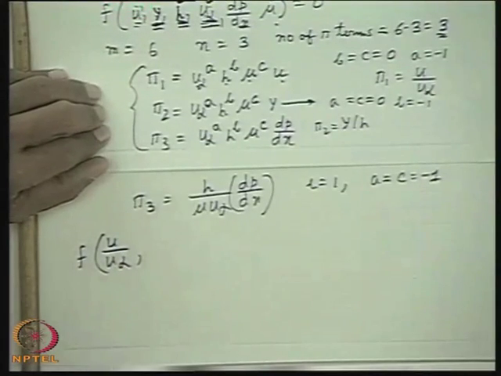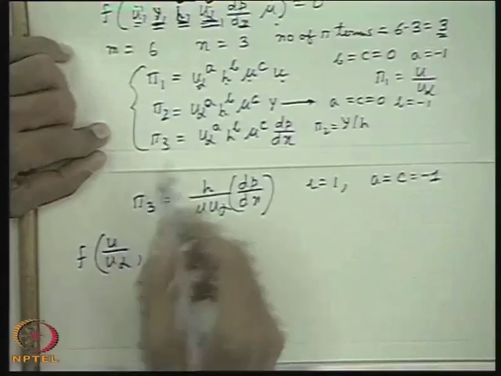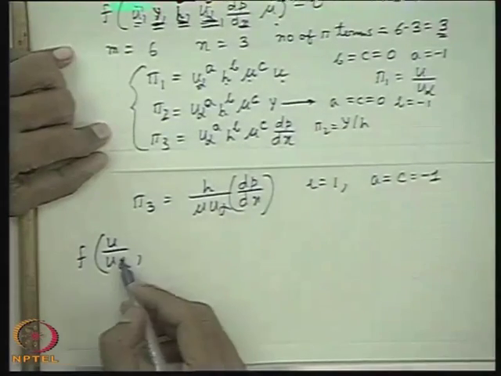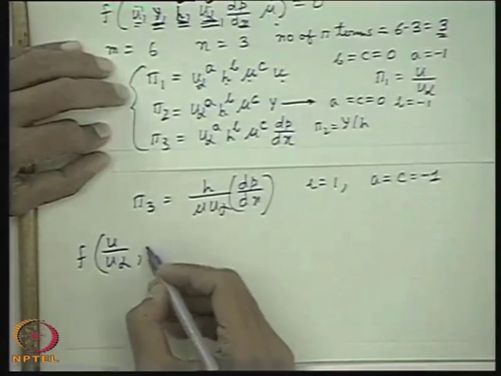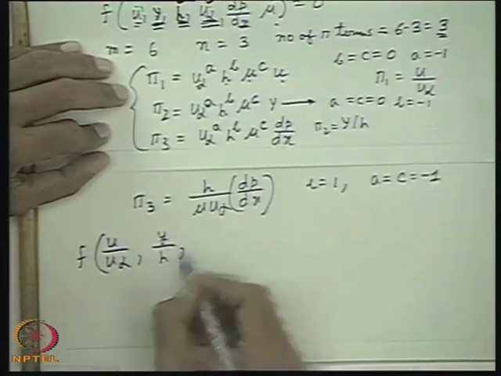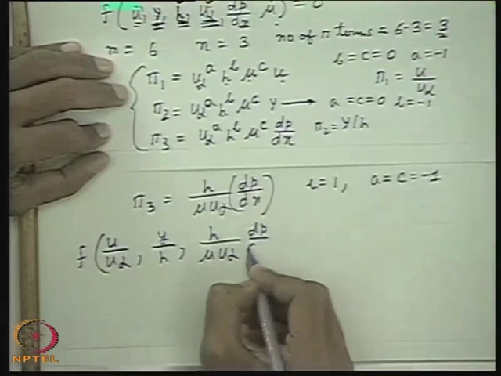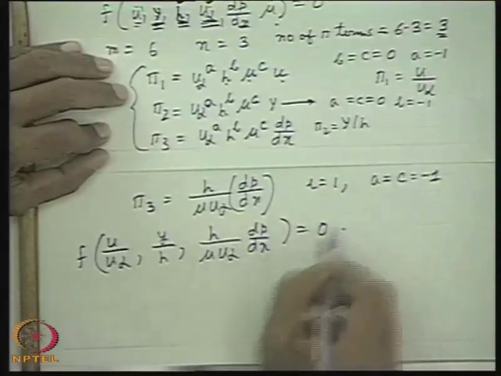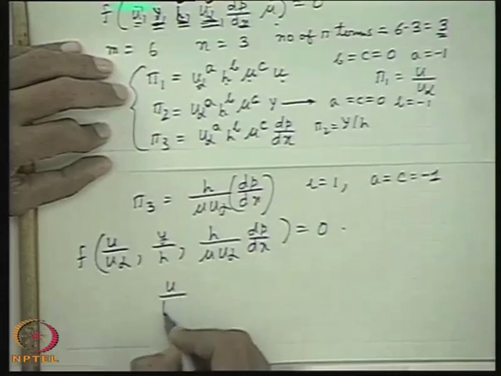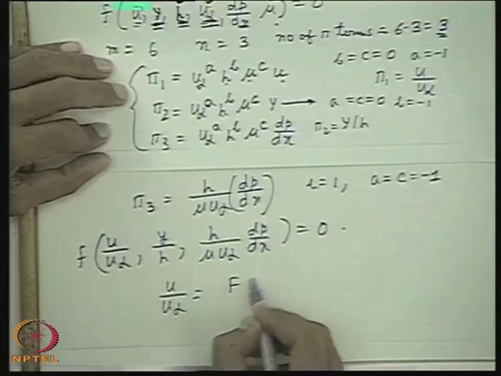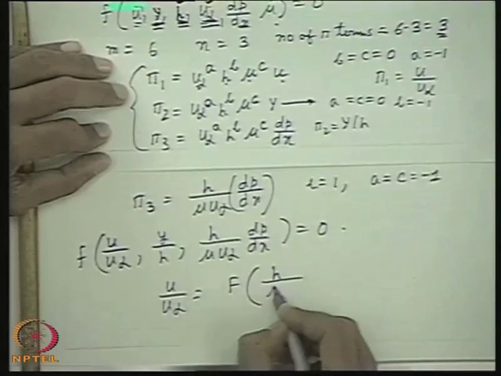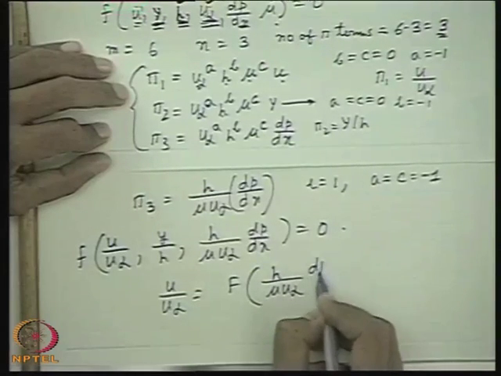So therefore, we know that finally we replace the relationship as a functional relationship of the pi terms, pi 1, pi 2 and h by mu u infinity dp dx is equal to 0. So you can write u by u infinity is a function of h by mu u infinity dp dx and